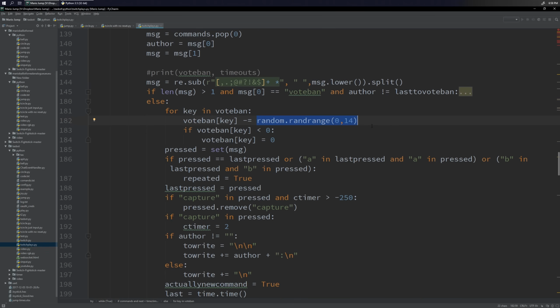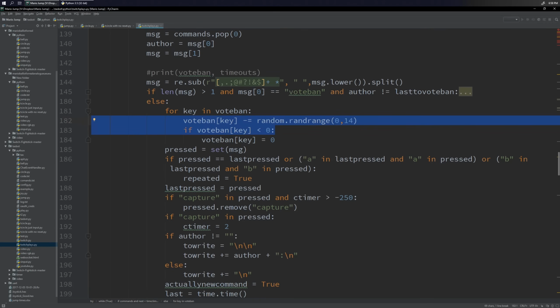That's right. Okay. So yeah, I think a lot of people were annoyed by this because they'd be trying to vote ban someone and like, why is it not working? Why is it not working? Their score is not going up because it could decrease by more than you increase it by. But I mean, if you're constantly spamming vote ban, right? Yeah, that'll work. But if one guy is constantly trying to spam vote ban, right?